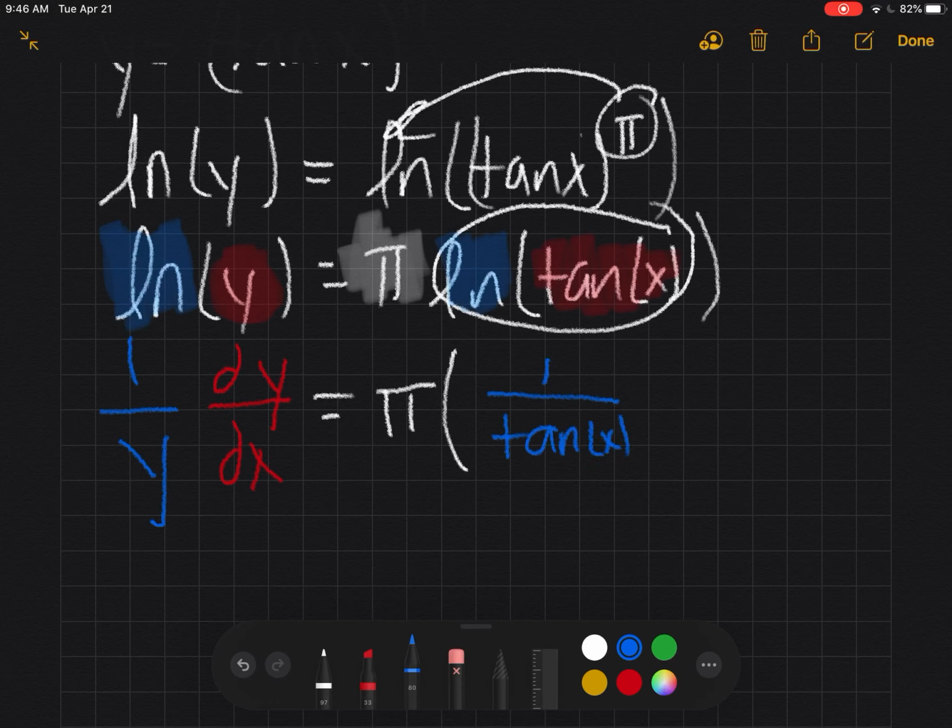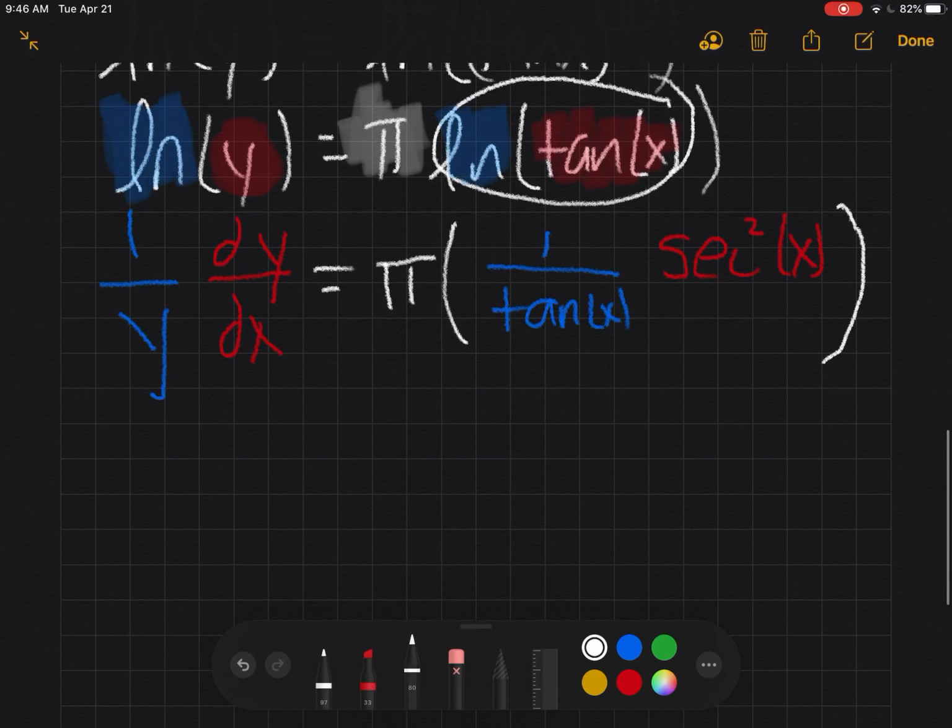So my outside function is ln. My inside function is tangent of x. So we're going to peel this function. My first thing that I do is I take the derivative of the part in blue, and that gives me 1 over tangent of x. Then I multiply that by the derivative of tangent, which is secant squared x. If you didn't know that, you could look it up. It's okay. But I do recommend that you start to commit those to memory because they do come up in